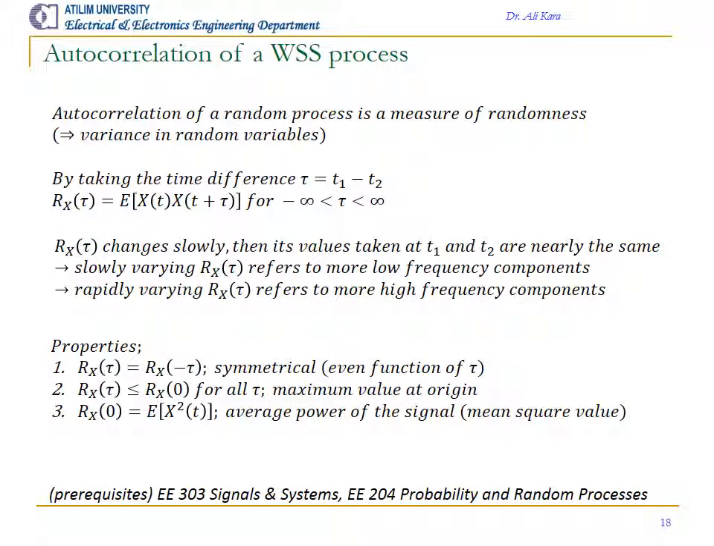For detailed information about the content here, please refer to EE 303, Signals and Systems, and EE 204, Probability and Random Processes courses, which are also prerequisites for this course. Please do so if you are especially having difficulties in understanding these contents, because they are the main subject of those